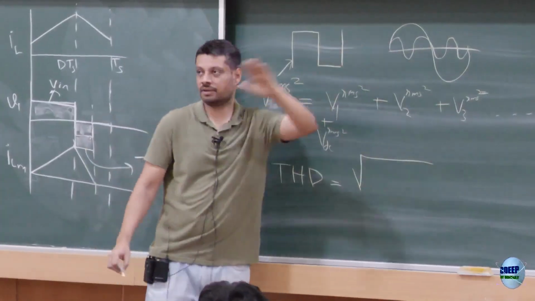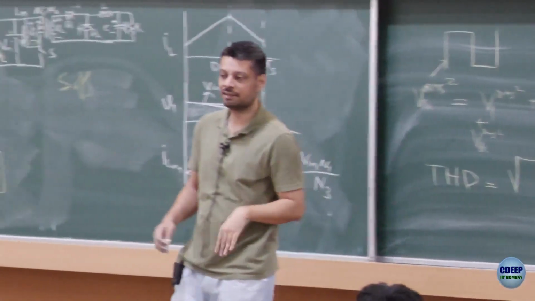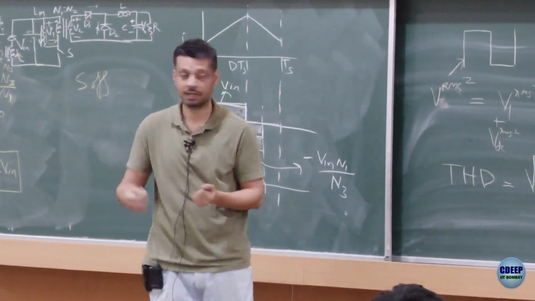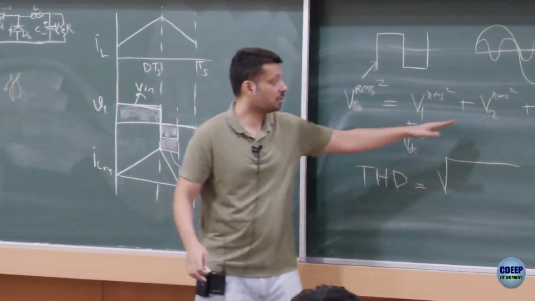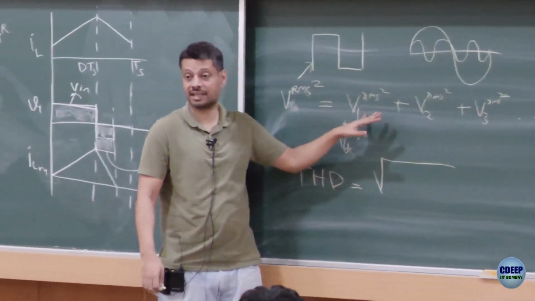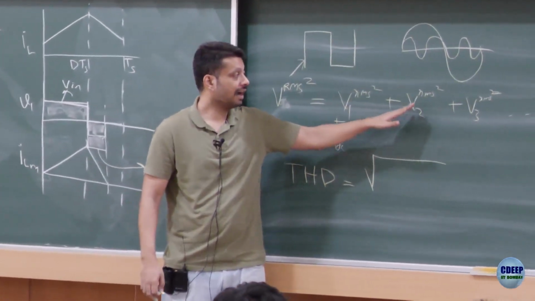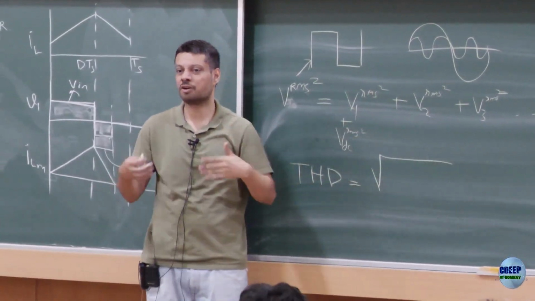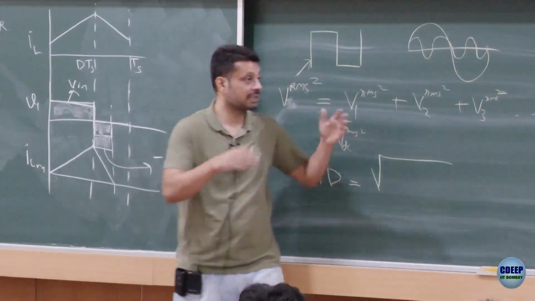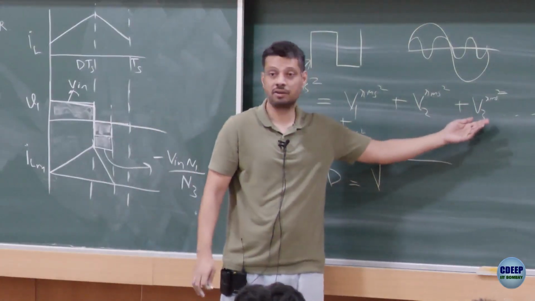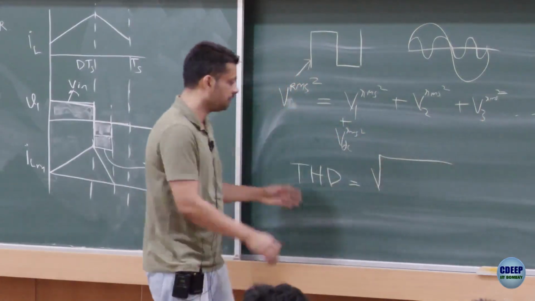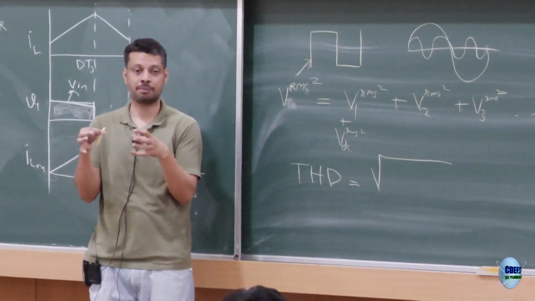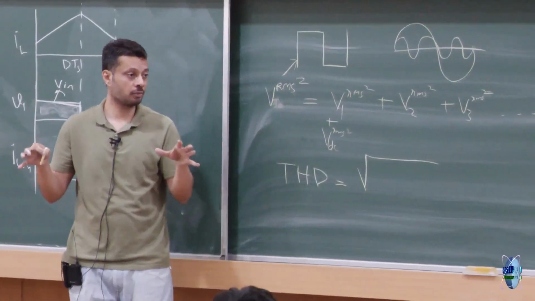So we want a sine wave supply, right? Sometimes you don't get a sine wave supply, we are upset. So the question is, how do we define how much upset you are? You can say, oh, this has a fundamental component, sine wave, plus it has a 50 RMS value of the second harmonic. But this may not be able to give you a uniform picture. Some other voltage may have a 60 RMS value of third harmonic. So we define total harmonic distortion, which means how deviated the supply is from the pure sinusoidal voltage, and